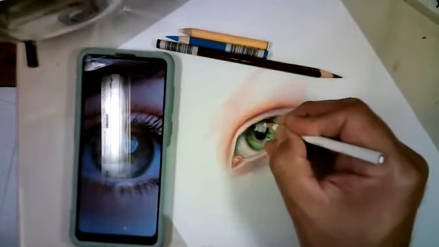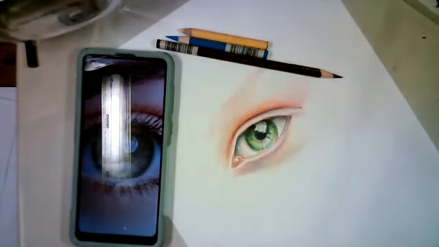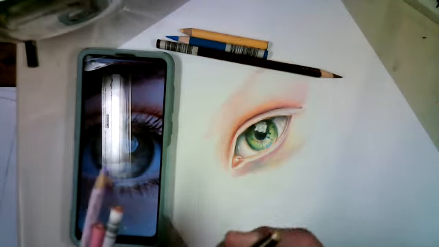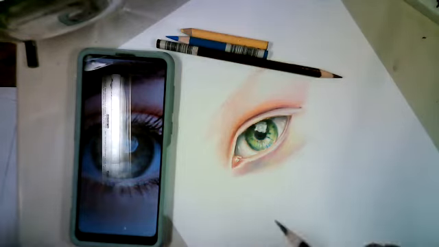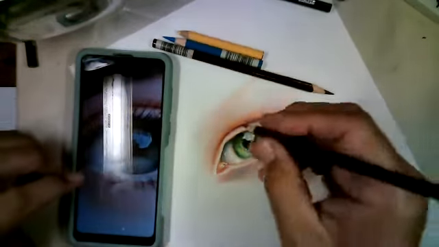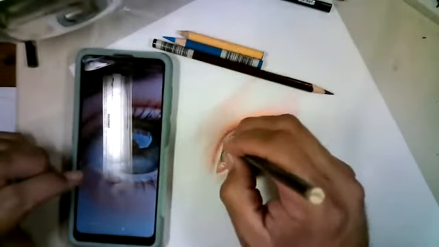I'll go ahead and throw some of the eyelashes in there. As far as the eyelashes, you want to make sure they just have a really nice sense of curve to them. A lot of people say they would like to do them, of course, in black. I would definitely say do it first in the dark brown, and then from there add a little bit more to it. As far as the eyelashes, you have to make it look like they're coming towards you and then